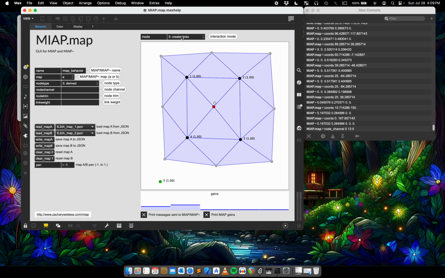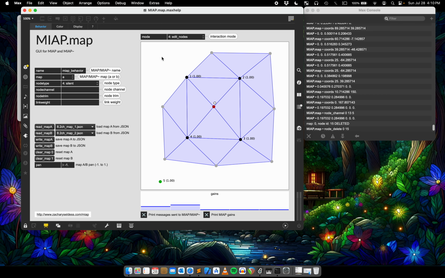Actually, let me go back for a second. I forgot to show you one thing. You can shift click to delete a node when you're in the create nodes mode. You can also click on something, I'll do this here because it'll be easier, and click the delete button and that'll delete it. I can also do a multi-delete by selecting everything. So I can either select it and then hit the delete button, or in the create nodes mode, I can shift click on it. 2 different ways. So let me go back to create nodes, make another silent node,